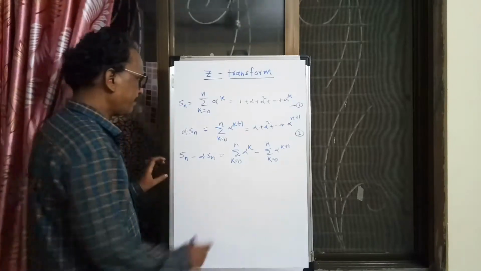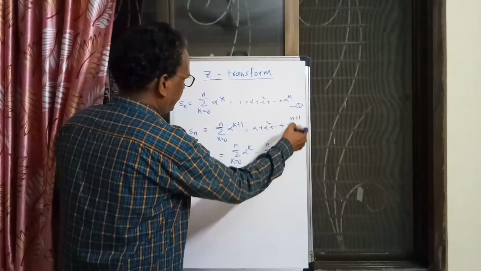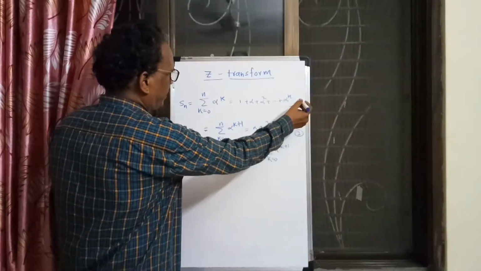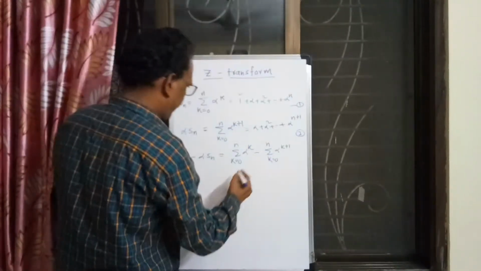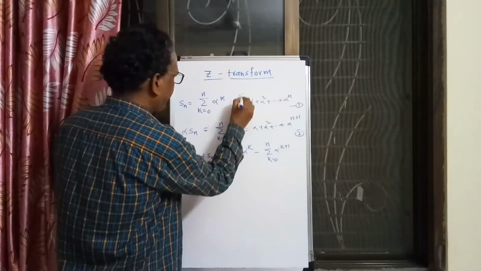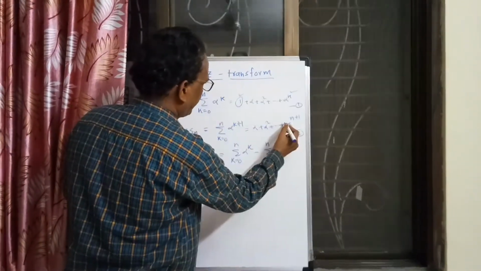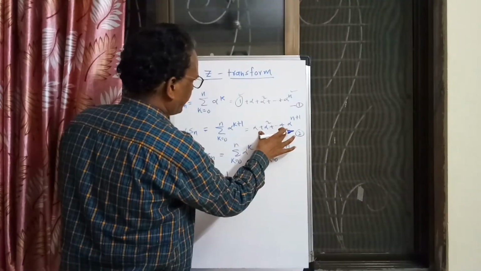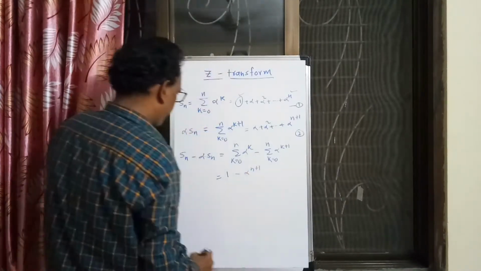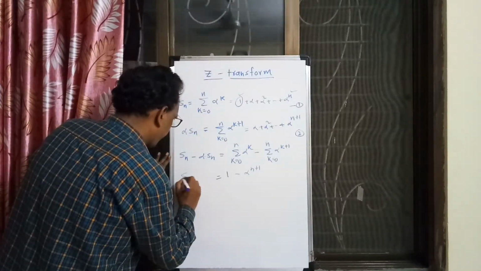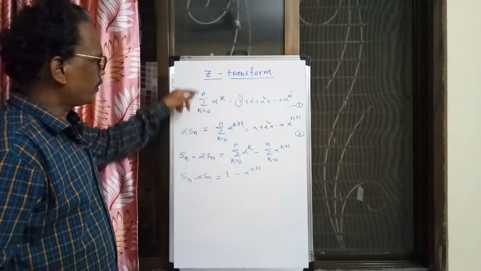After subtraction, just see, this alpha gets cancelled, alpha square gets cancelled. Here there is a term alpha raised to n plus 1 that is not there in the other. Here alpha raised to n is there. Here it is starting from 1 and the other is starting from alpha. So 1 is available in the first term, and alpha raised to n is there in both, they match. The only extra term is alpha raised to n plus 1, and this is Sn. Sn means our summation of alpha raised to k, k equal to 0 to n.